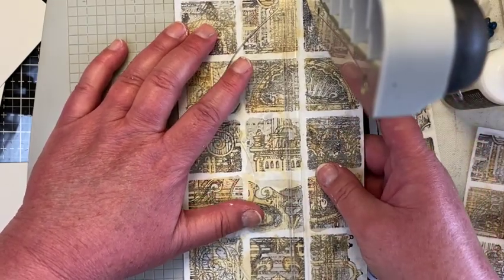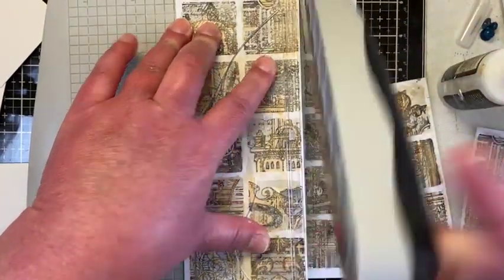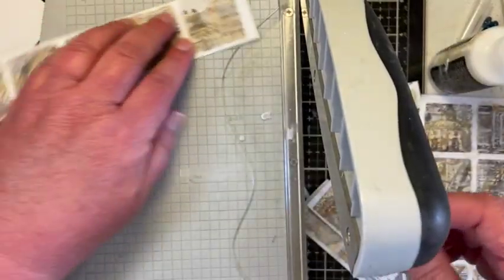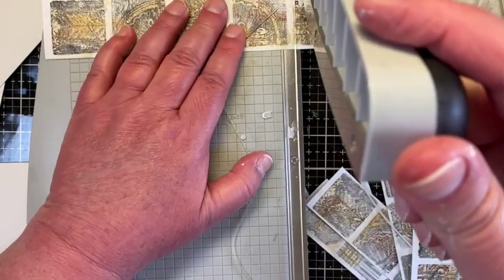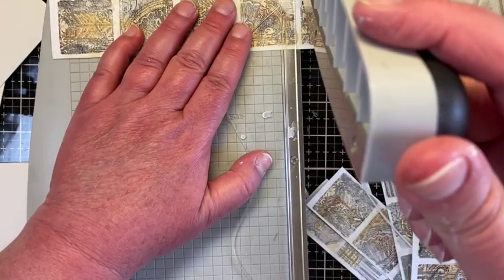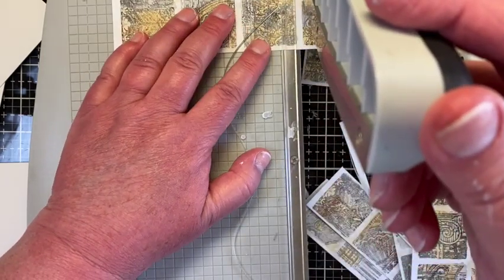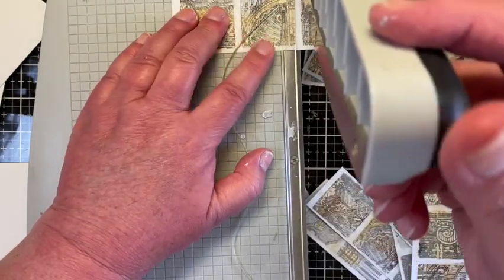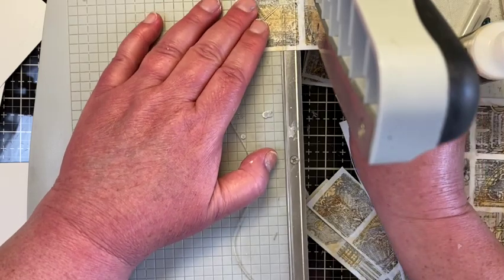And then once I'm done with that, since it's the same in between each one, then I'm going to move it over, and again the edge, and then I'll move it over to the edge, and I'm just going to keep doing that. And then I have all my little squares,